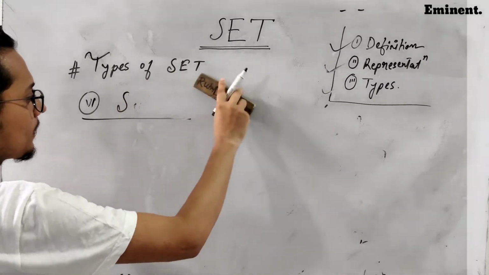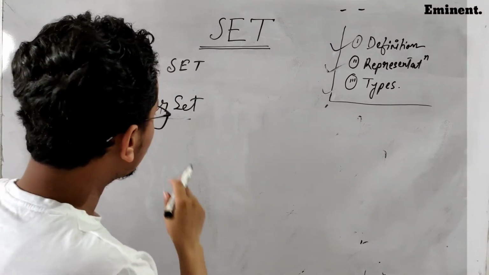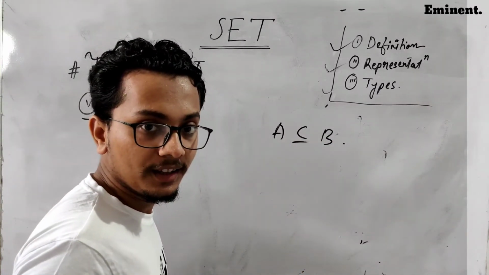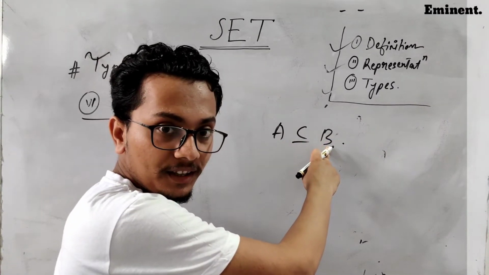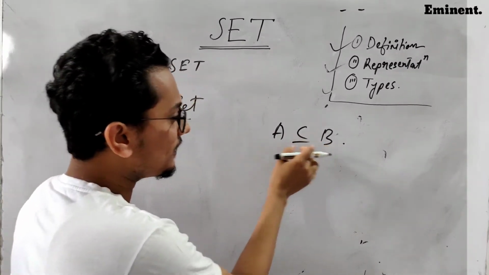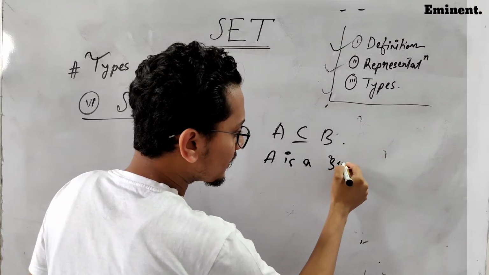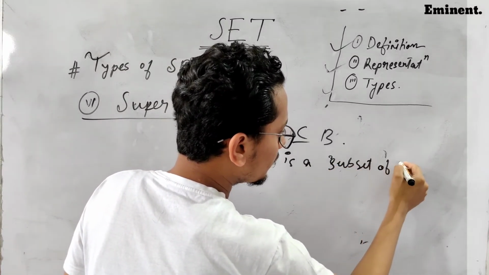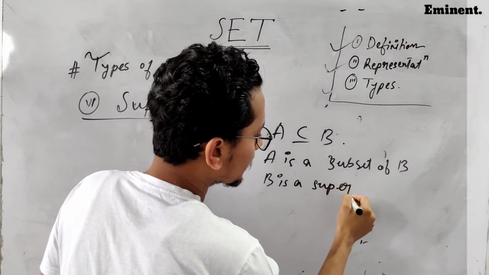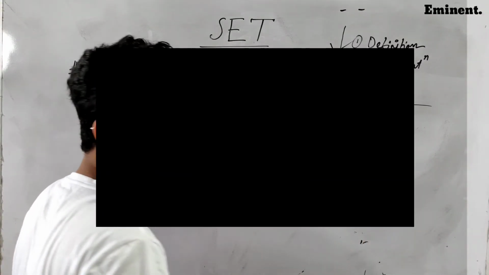In the case of subset, I explained that A is a subset of B. Then if A is a subset of B, in this case B is a superset of A. Here A is a subset of B, and B is a superset of A. And this superset, symbolically how can you write,